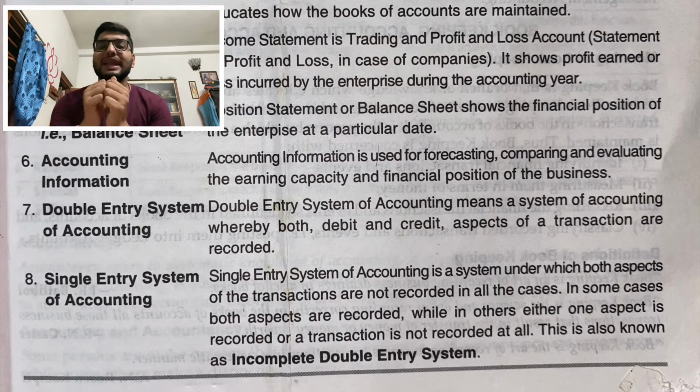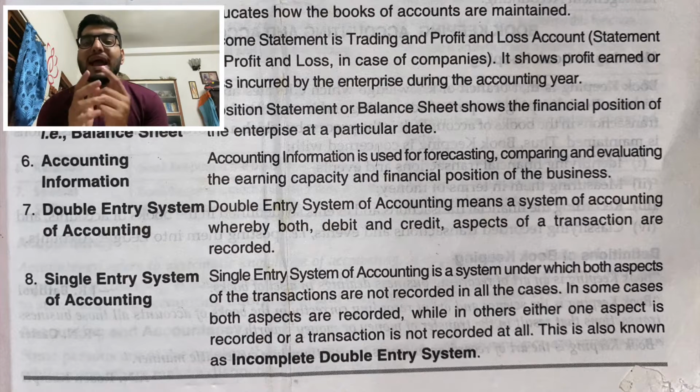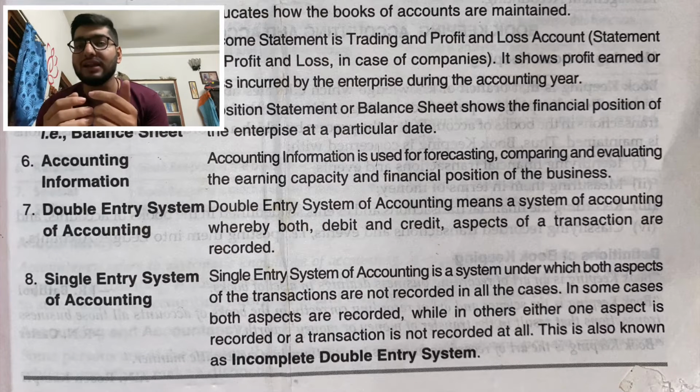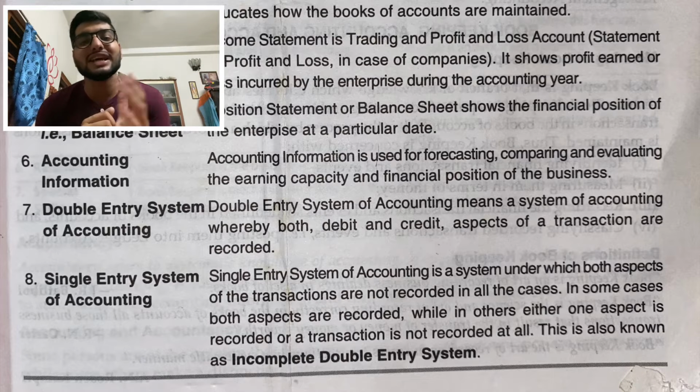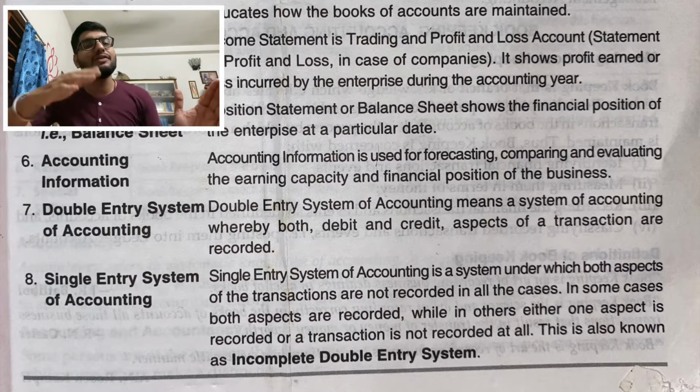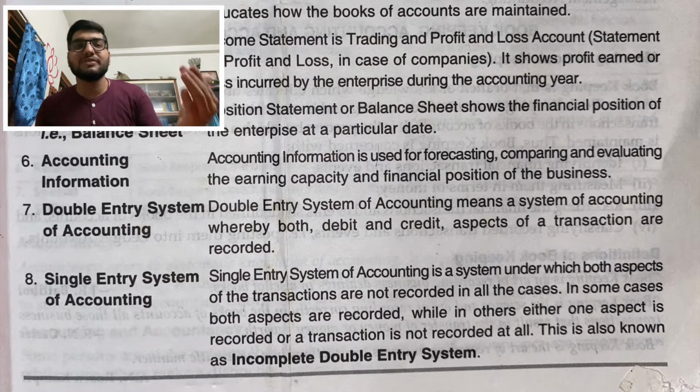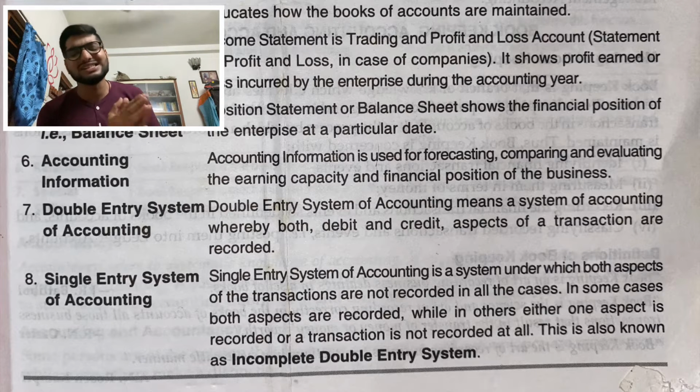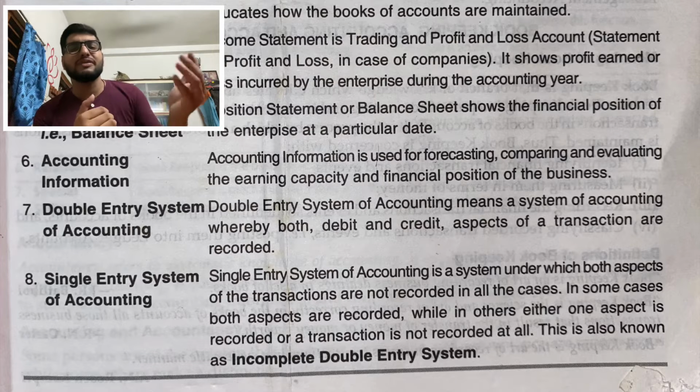Suppose I give you an example. There are two parties, one is a buyer, one is a seller. When a seller sells goods to the buyer, he will record the transaction in his book, and the buyer will also record the transaction in his book. So the seller will record it in debit and the buyer will record it in credit format. You will understand this in the further parts, I will come to the details. The basic point is that double entry means we record it on both the debit and credit sides.